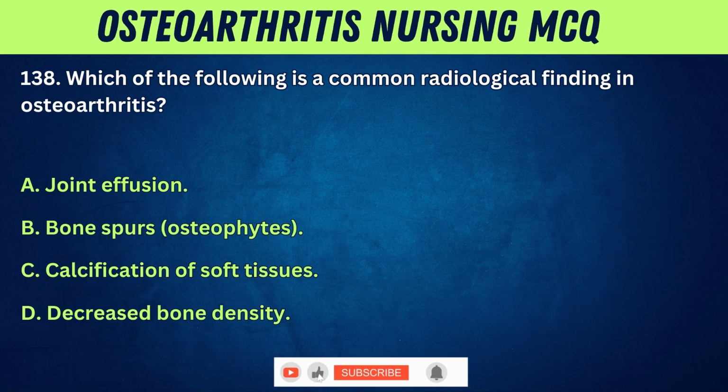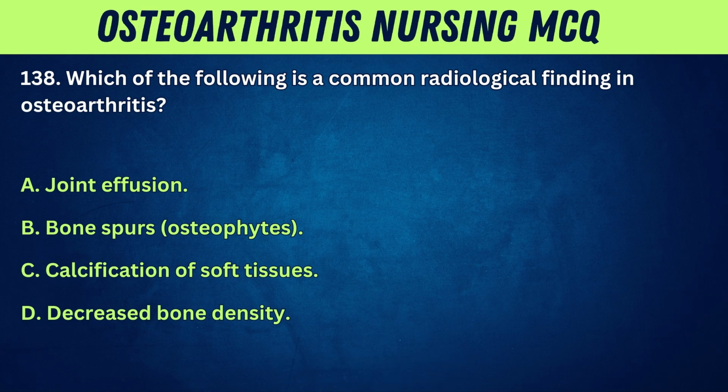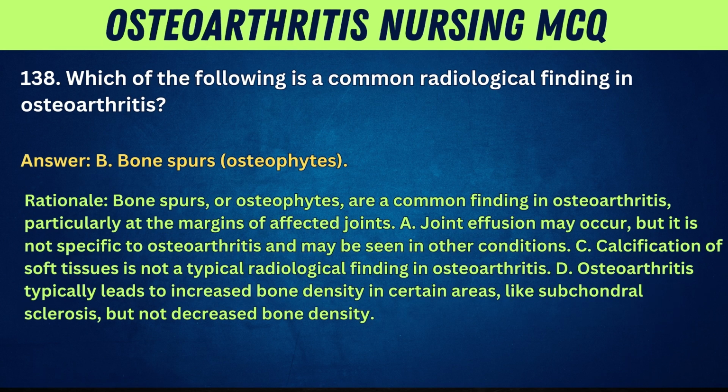138. Which of the following is a common radiological finding in osteoarthritis? A. Joint effusion. B. Bone spurs, osteophytes. C. Calcification of soft tissues. D. Decreased bone density. Answer: B. Bone spurs, osteophytes. Rationale: bone spurs or osteophytes are a common finding in osteoarthritis, particularly at the margins of affected